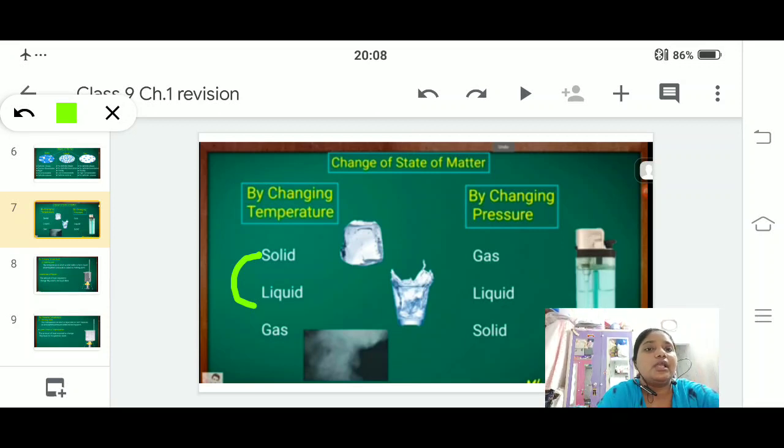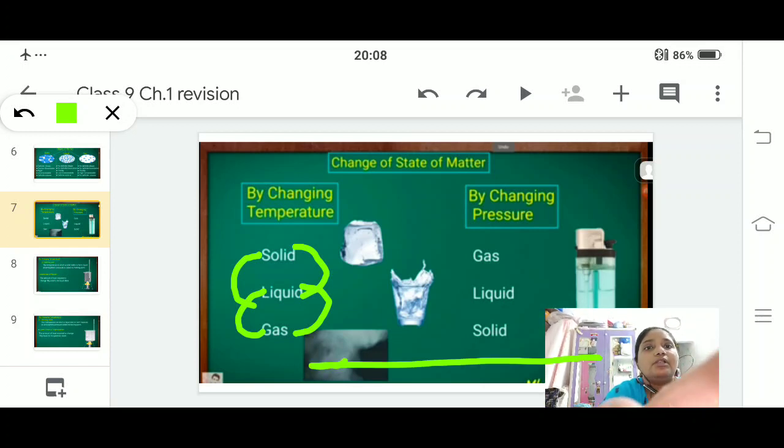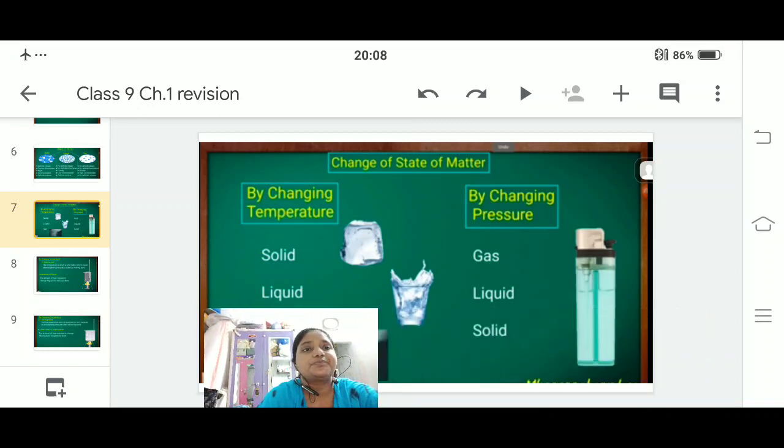A liquid converts into a gas by providing it heat, for example water vapor; this is evaporation. So by changing the temperature, I am converting solid to liquid and liquid to gas. A gas can be converted into a liquid by condensation, and a liquid can be converted into a solid by freezing, or you can call it solidification. I think you are clear till here. Now let me move to the next one.